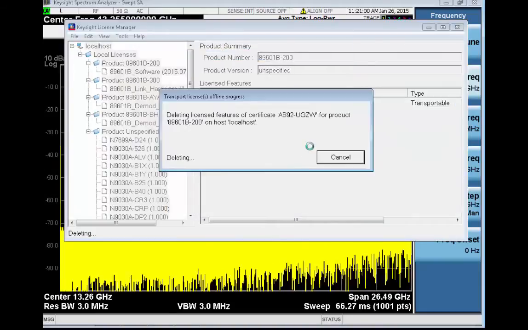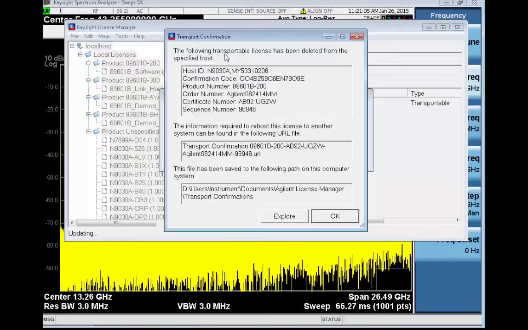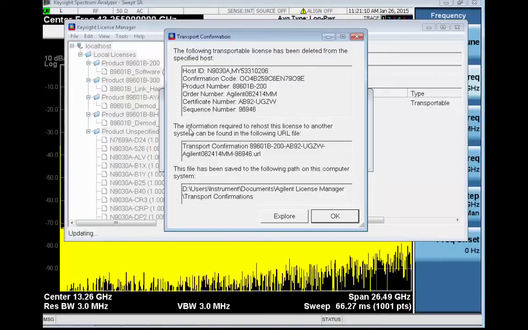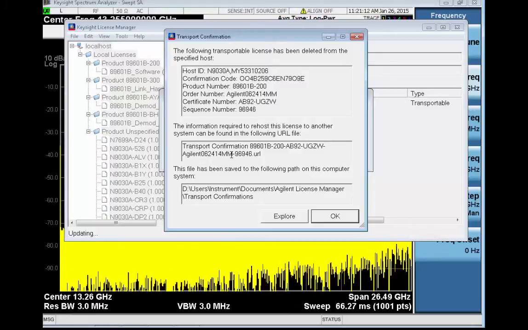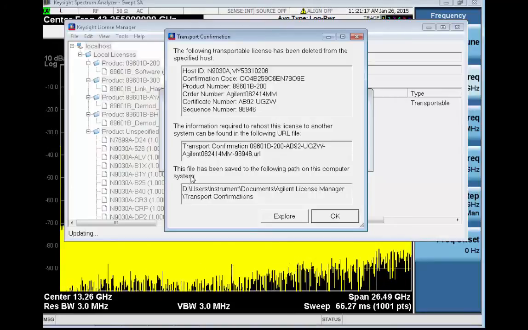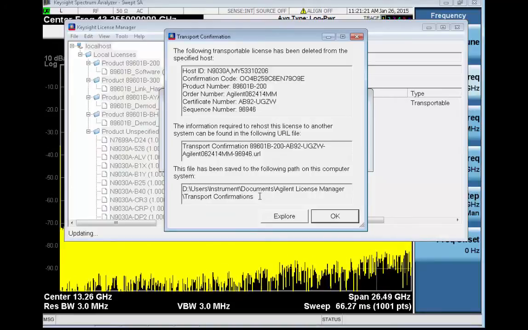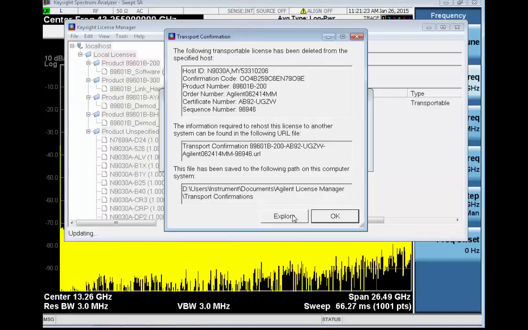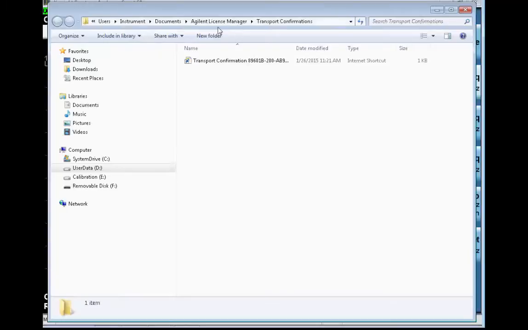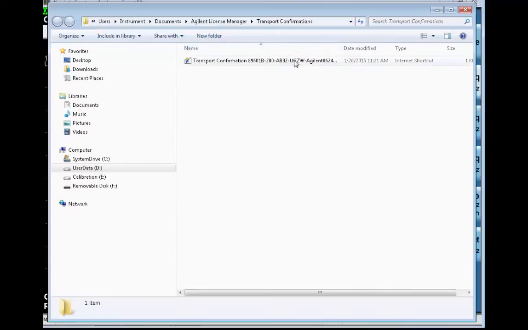So we'll choose transport. It basically says that the following transport license has been deleted from the specified host, and that it's created this URL file named this file, and it's been saved to this path. Okay? We can then click on that button and it'll go right to that path. And here's the URL file that we need to keep track of. I'm going to go ahead and do that